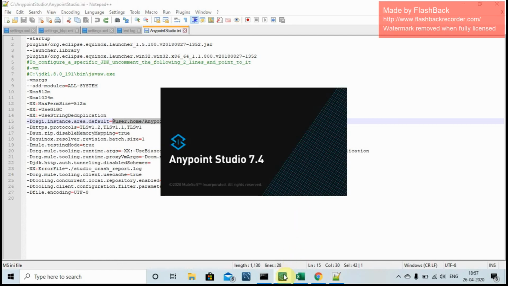So I have downloaded it and am trying to open the Anypoint Studio for you now. We will try a sample application and we will try to run it as well. In the meanwhile, while it gets loaded, we need to set up one more thing, Apache Maven, onto the Mule Anypoint Studio 7.4 version as well. I will show you that as well. Till the time it gets loaded, I will pause this video for a while.